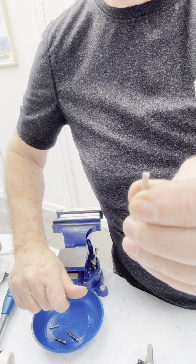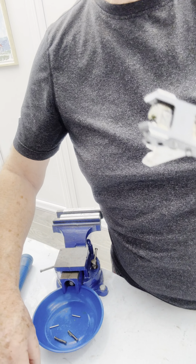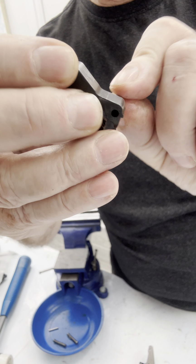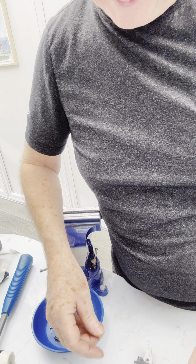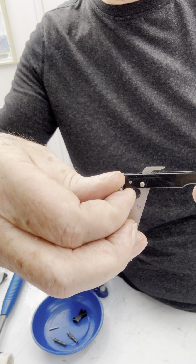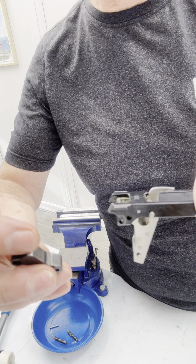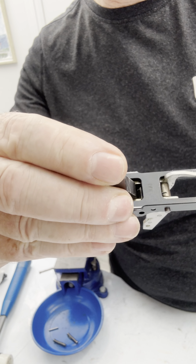So you take the fatter diameter hammer pivot pin, and what we're going to do is align this hole for the pin to go through in the frame. But first of all, we've got to have the sear down. So the way I do this is I put the pin in the vise. I'll show you this in a moment, but I get the hammer and I push the sear down,